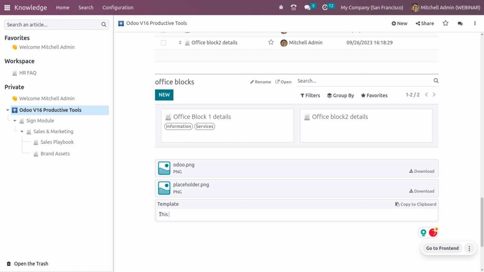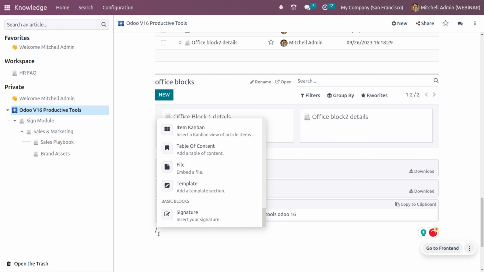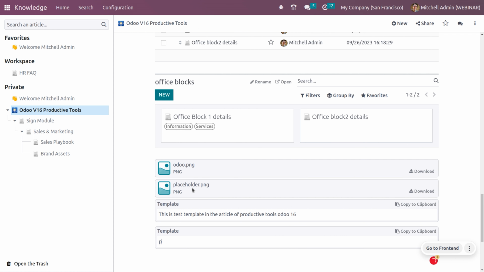So what I'm adding is a test template in the article of productive tools in Odoo 16. Okay, I can add one more template. Maybe this is a project task template,